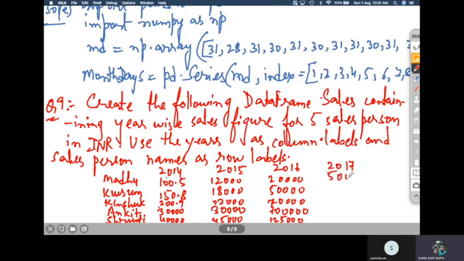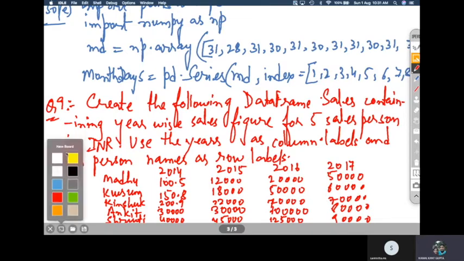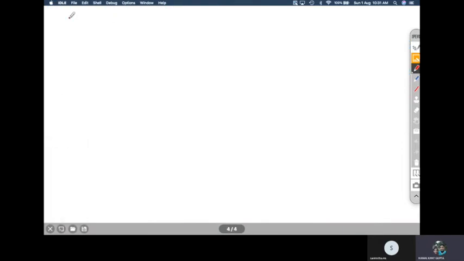So 50,000, 60,000, 70,000, 80,000, and 90,000. So this is what the data is. So you have to create this data frame, and then you have to perform some operations. What are these operations?